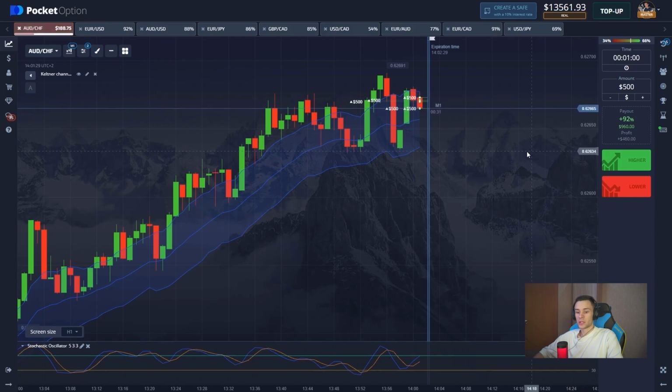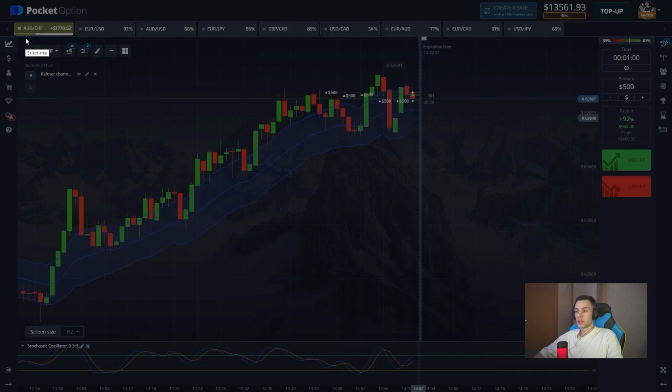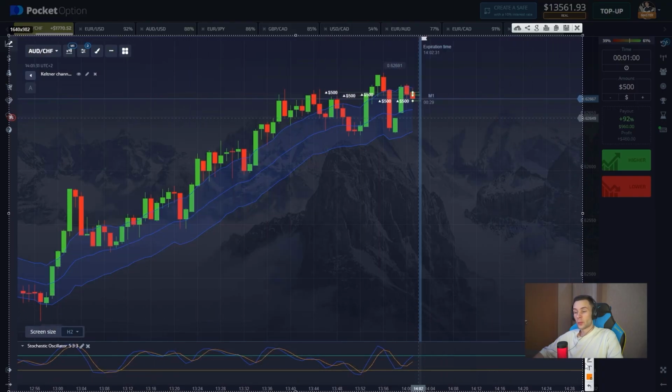I'll point out the workspace. The upward dynamics prevails here. The stochastic is not in the overbought zone yet, so in theory, while having the upward dynamics, the price is gonna go upwards, and we observed this great correction in this area. Then there was the upward dynamics, the beginning of the local high that happened, and then there was another correction after which we're expecting to see the price going upwards. And if you look at the stochastic, it's too early for the reversal, so we have the space for growth,